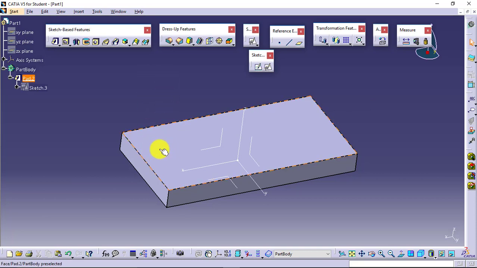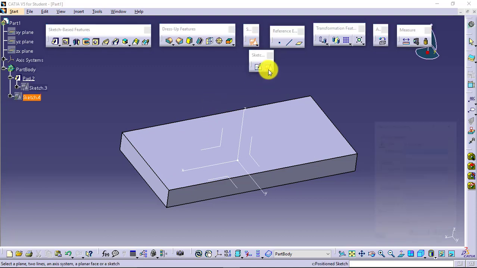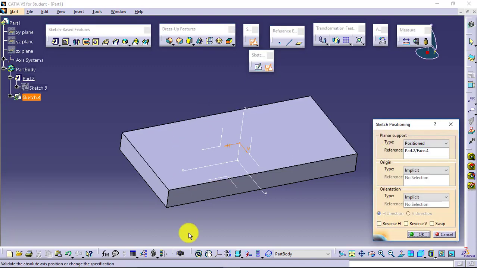When I want to create a wall, then what I can do is I can create a rectangle over here, and I can apply pad on that. But while creating the rectangle, I will take some precautions. What I will be doing, I'll be going for sketch, selecting the plane, horizontal vertical is okay. I'll say okay.